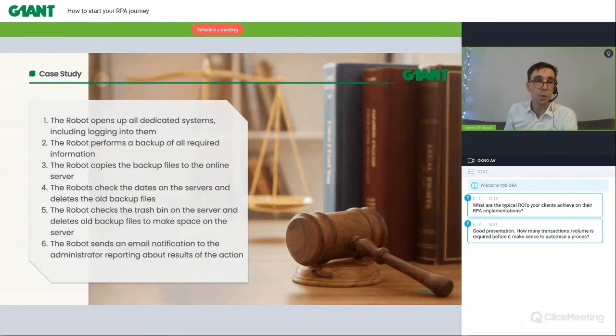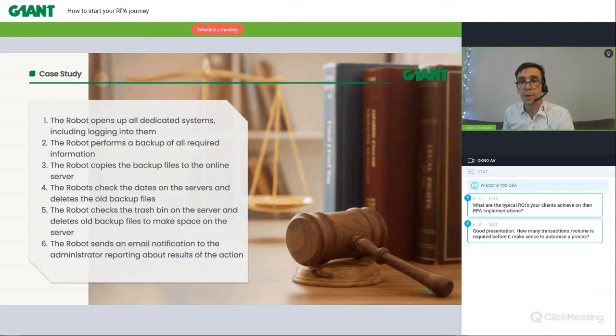After that, the robot checks the trash bin on the server as well, so we can also delete all backup files, freeing up space on the server. And after it's done, the robot sends an email notification to the administrator reporting the result of the action.